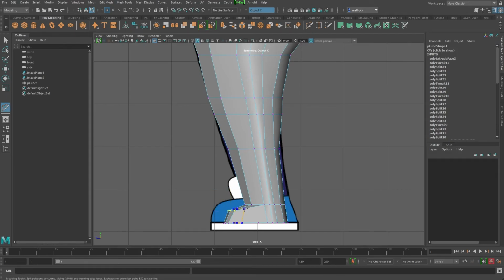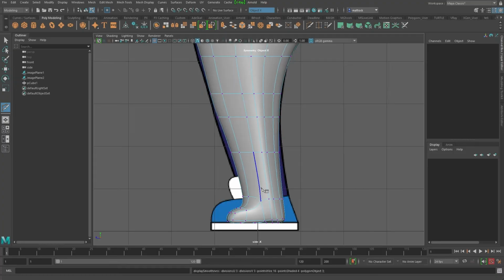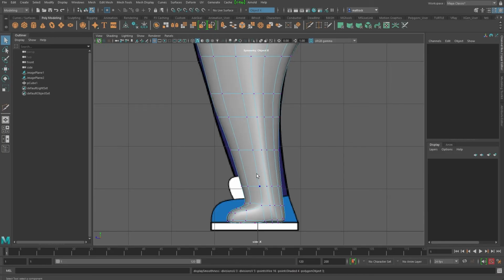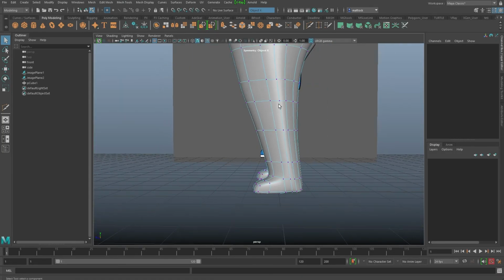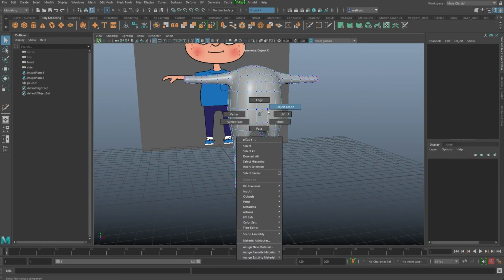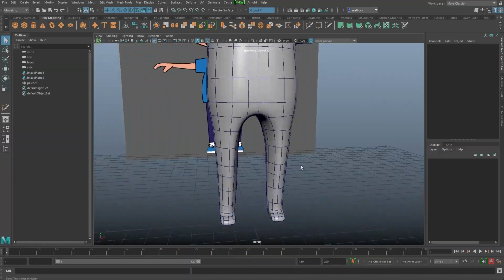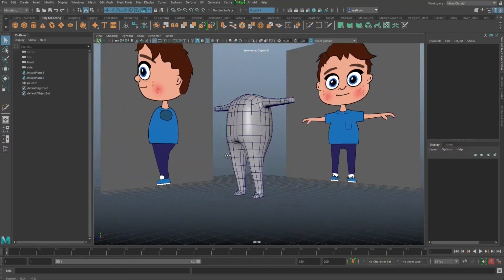Let's add another little edge loop in here, and one around the ankle, because at the moment it's a real sharp curve there. So a real non-steep curve. So I'm adding in another edge loop lower down, so we get a bend around the ankles. There we go. That was real quick. A quick build of his little feet that are going to be hidden away. There we go. I hope that helped.